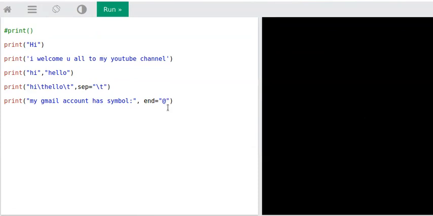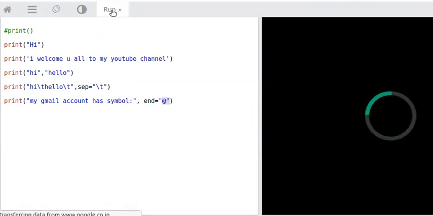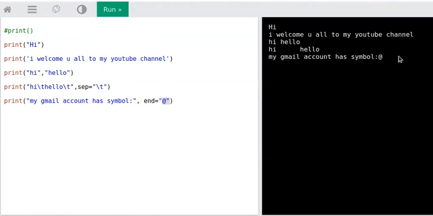Okay, so that will help you append whatever particular thing you want at the end of the string. Yeah, see, you can see it here, right?